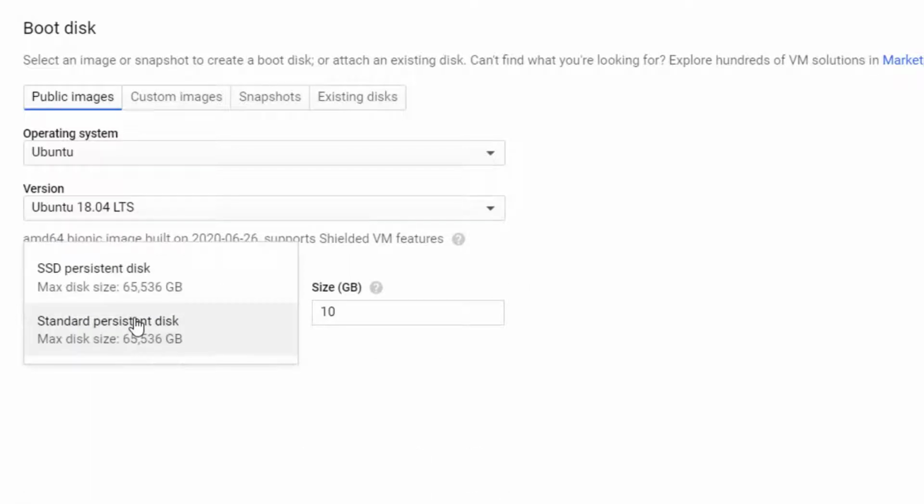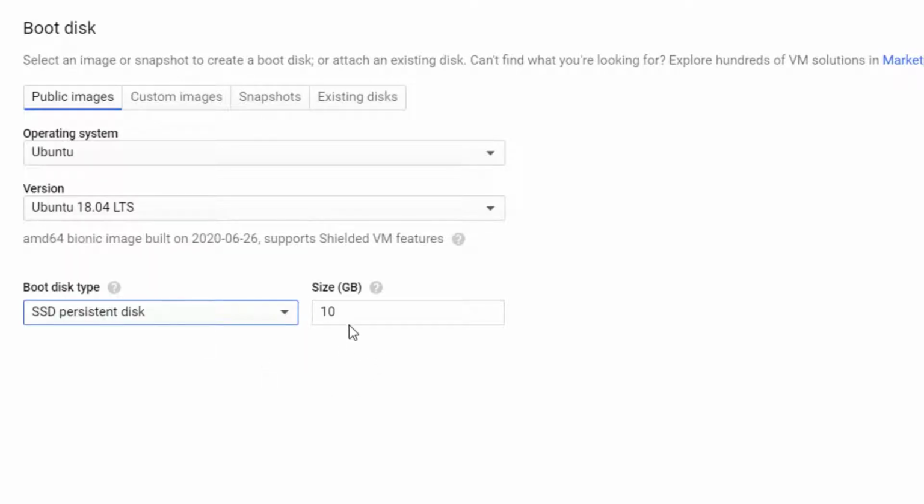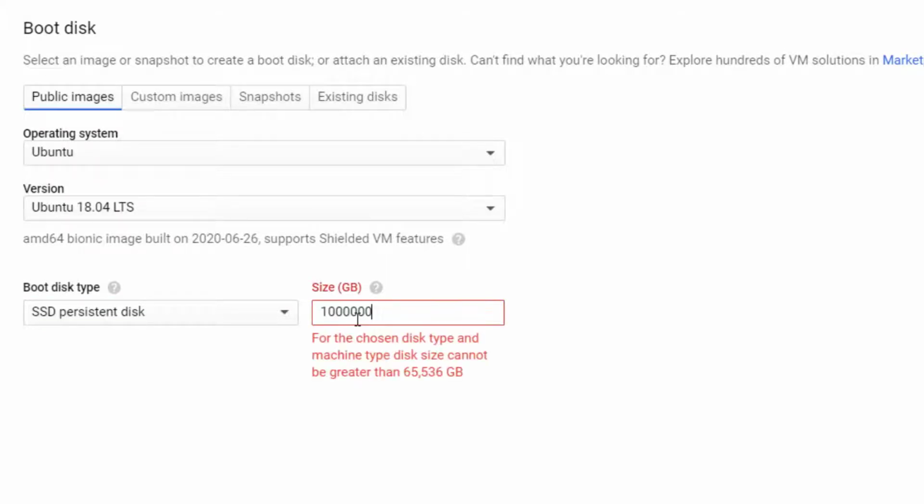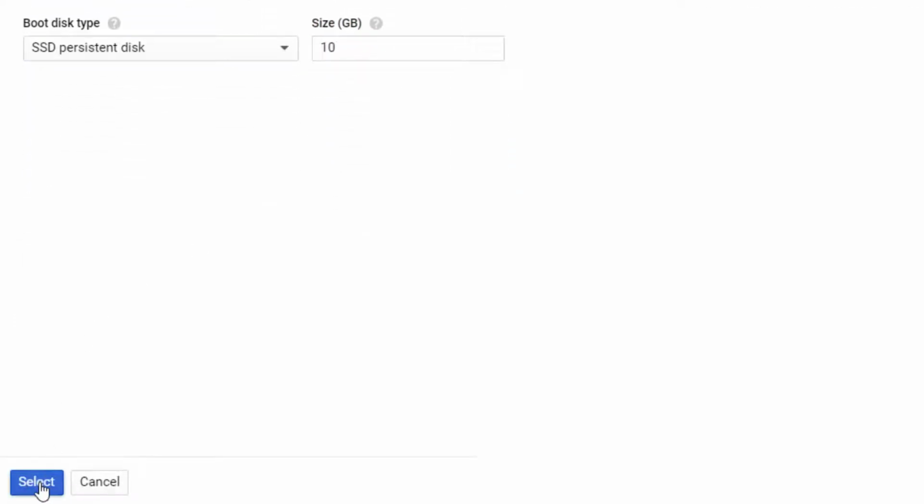And from here you can either choose a standard persistent disk or an SSD. I'd go with SSD, and you can set, let's just test it out, how much storage you can put in. If you see, it's prompting me that the maximum size is 65,536, that's around 65 TB of storage. I don't need that much now. I'll just go with 10 GB.